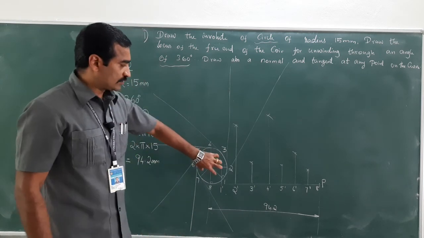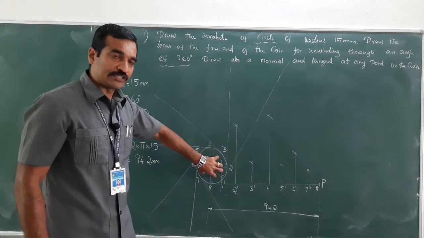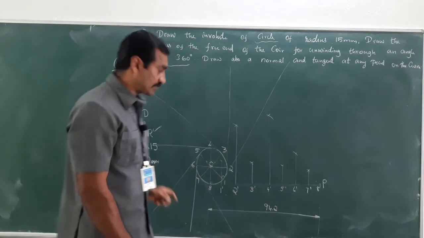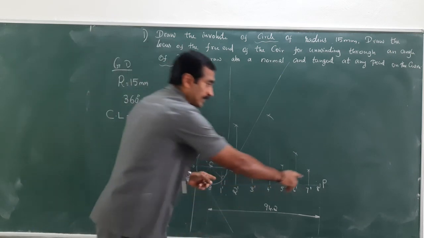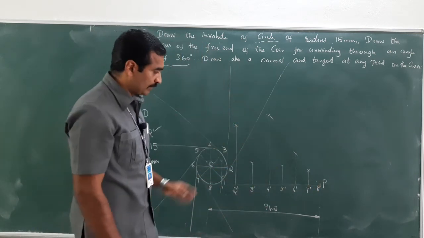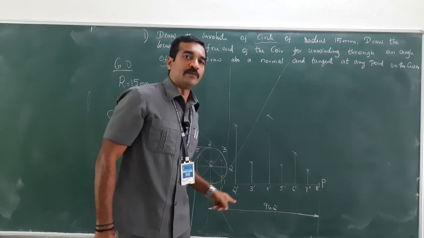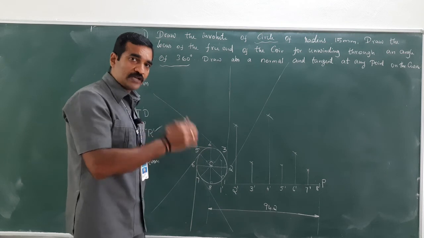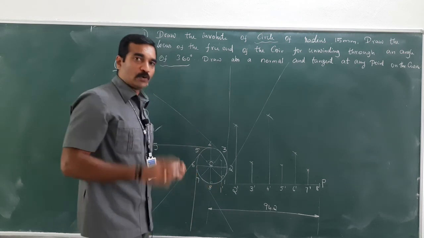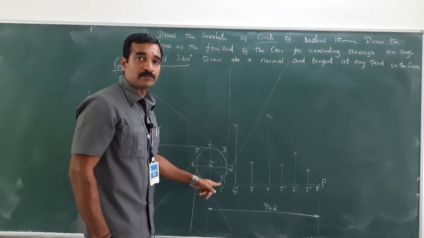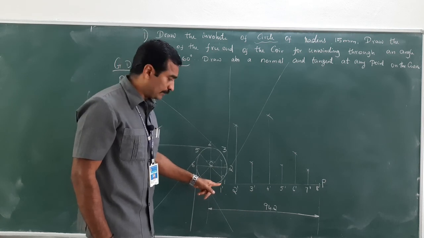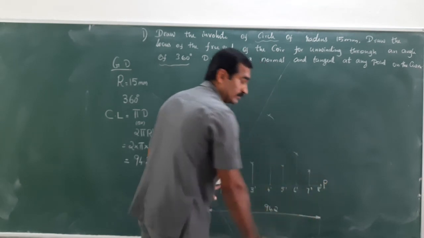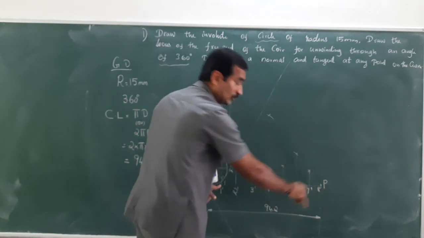Right. First divide this circle into 8 equal divisions. Draw tangential lines. Then from point 8 take the circumference length of the circle and cut an arc. That is the point P. Next, this circumference length needs to be divided into 8 equal divisions, which I have done. Next, you watch carefully. Now keep your compass at 1, that means 1 dash, and stretch it to P, that is 8 dash.